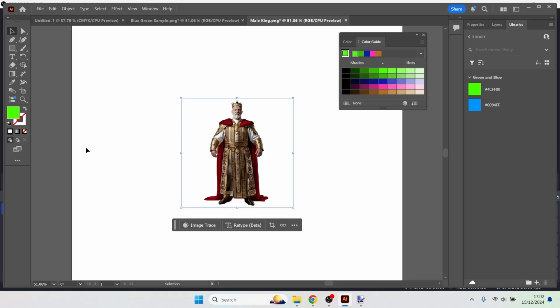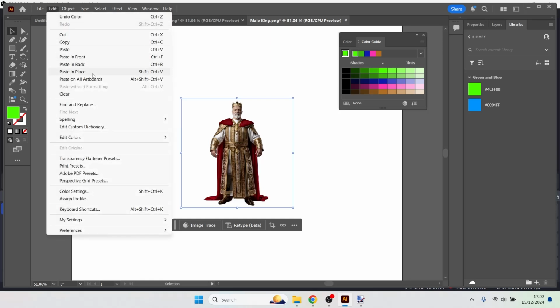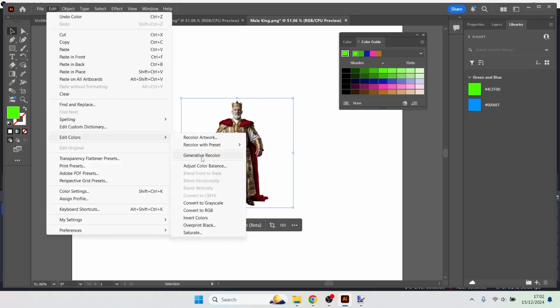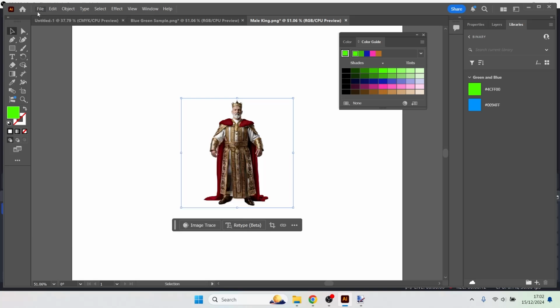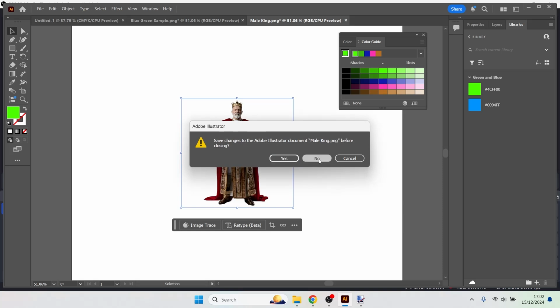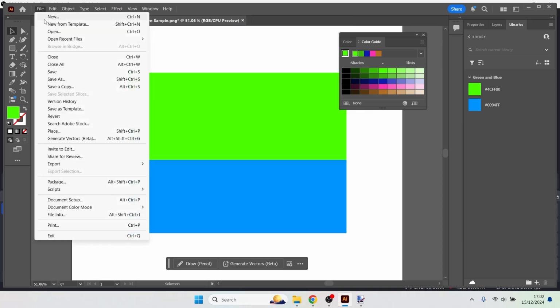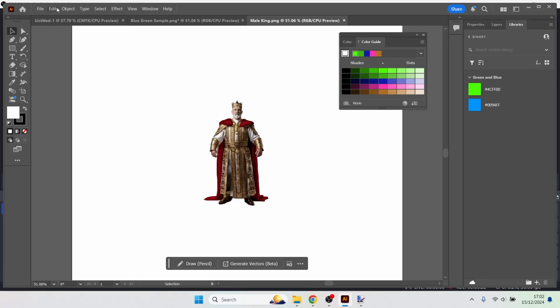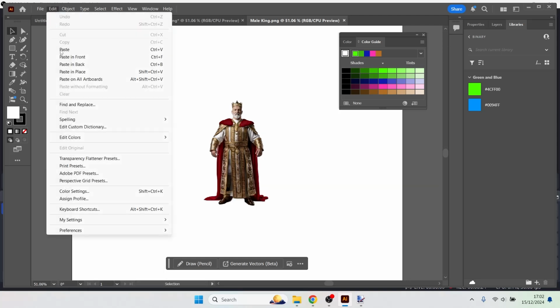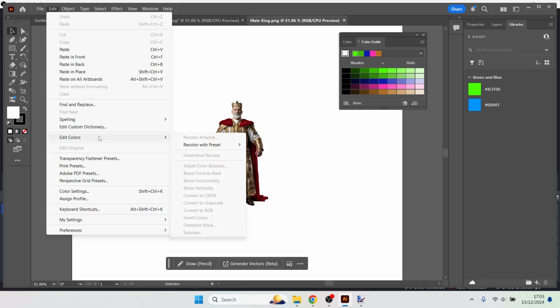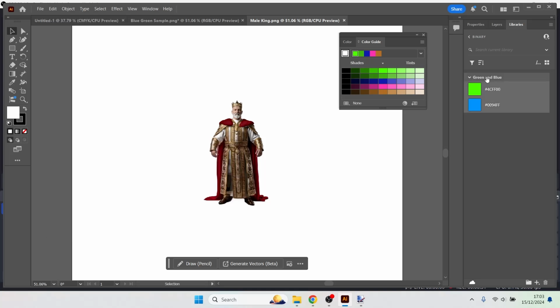When I try to use Illustrator, when I first go into it, generative recolor is not highlighted, it's greyed out. And I've been experimenting and trying to figure out what it is that makes the difference. So I open up and I go to Edit, Edit Colors, and a lot of things are greyed out. So then I go to here, clicking on the title of this color group that I made